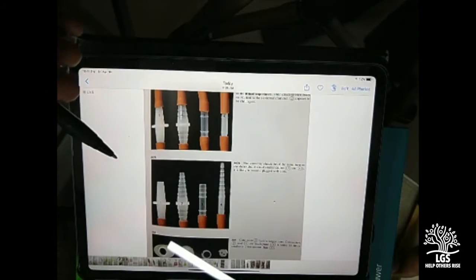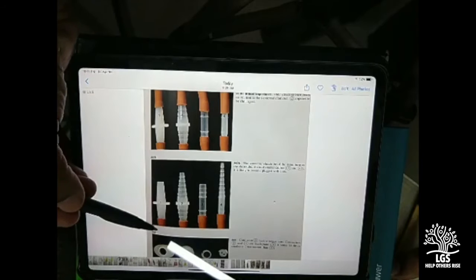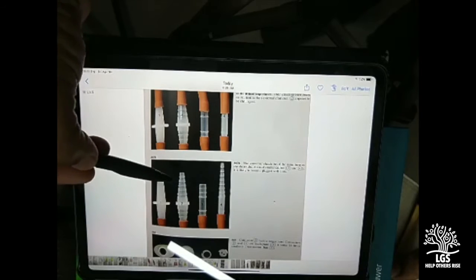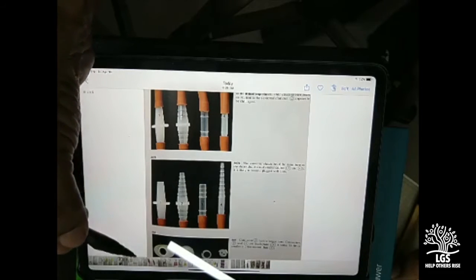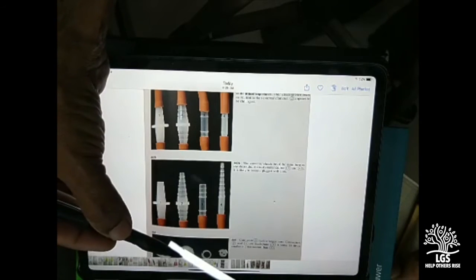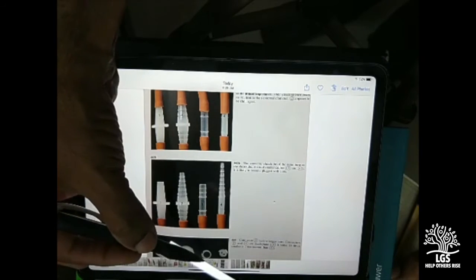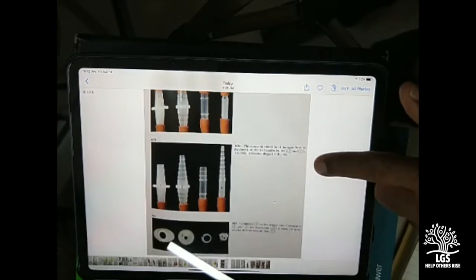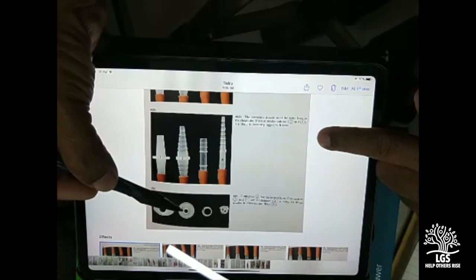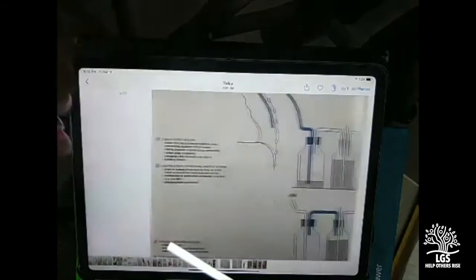Now the connections. The size of the connection should be of the size of the tube. This is also known as a Christmas tree connection because it looks like a Christmas tree. Now friends, look at the lumen. This is such a large connection to look at, but see the internal diameter, how small. Eventually this has the same diameter as the tube. Is it clear now? That the diameter within should be the same as the tube.